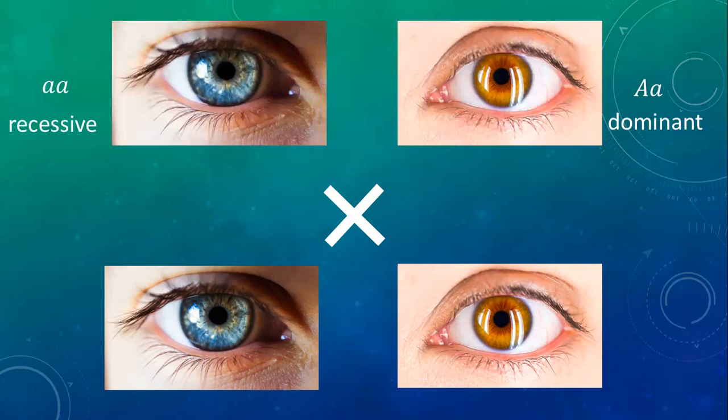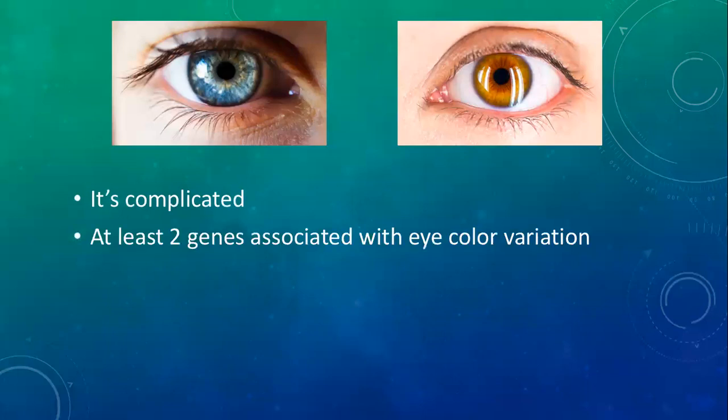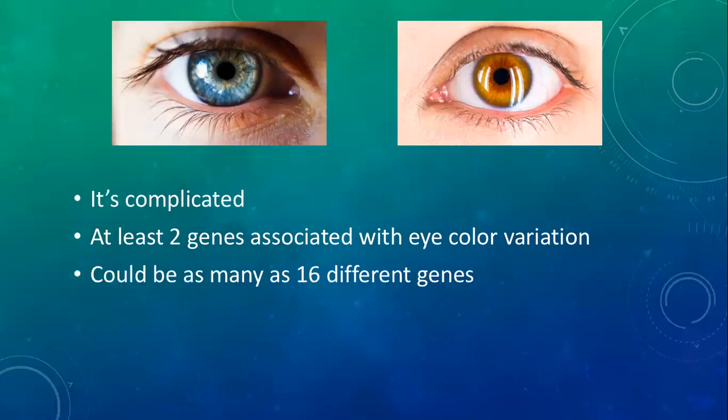Now, what would really be surprising is if you have two blue-eyed parents getting a brown-eyed child, then something might be off there. But again, as with all things genetic, that's a bit simplified. So as always, it's complicated, because there's actually not just one gene, but at least two genes associated with eye color variations, and there may be as many as 16 different genes. So eye color is actually not